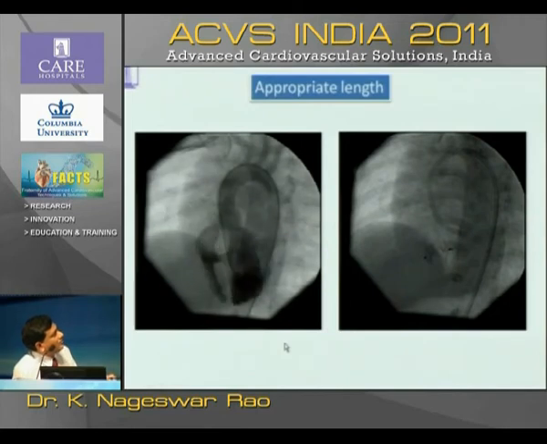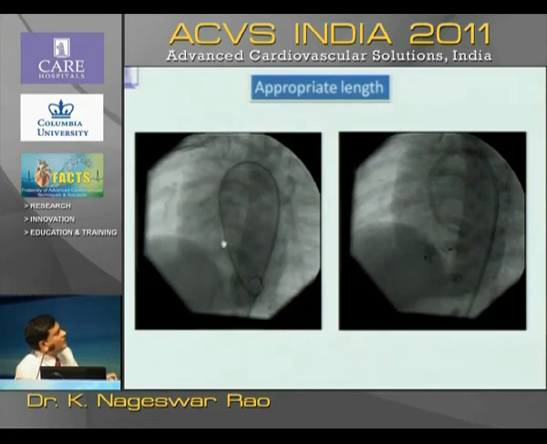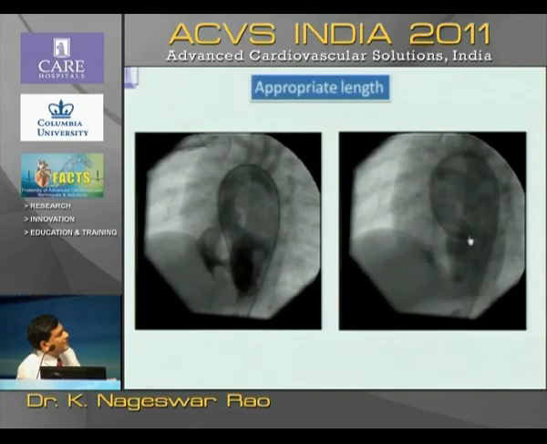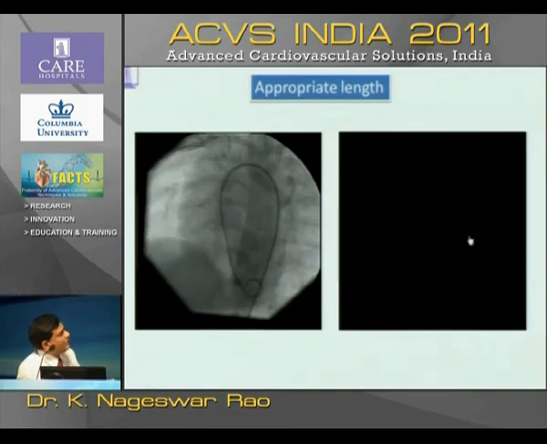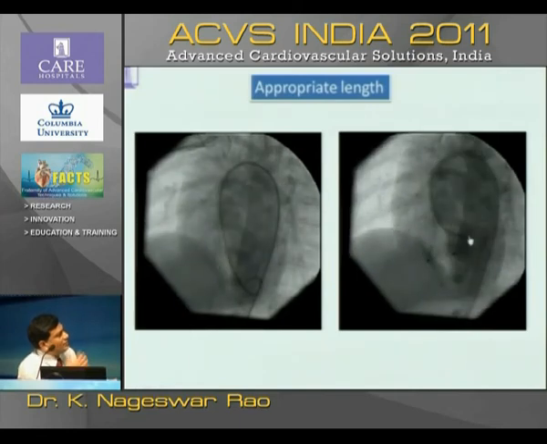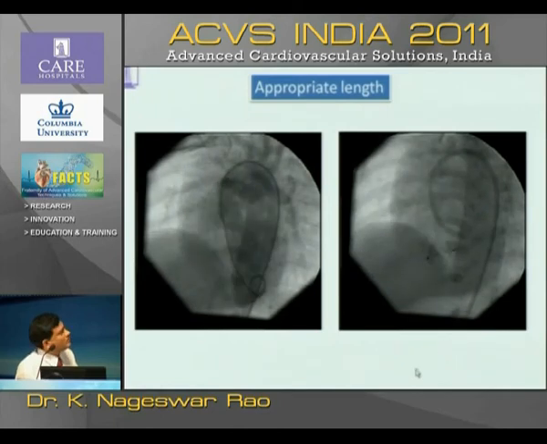So this is a muscular VSD. You can see the ventricular septal defect with a thick ventricular septum. So you won't be able to deploy a 4 millimeter length device in this particular case. Probably you have to go to a bigger length, which is available as 6 millimeter length here. So we used a 6 millimeter length, and most of the time you will see a little bit of left to right shunt immediately. Usually it subsides in 1 to 2 hours.